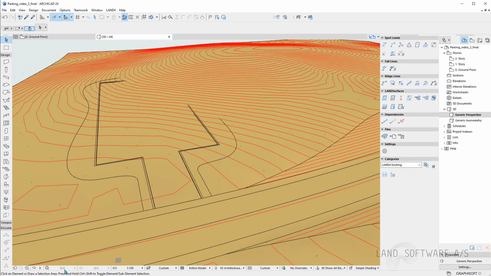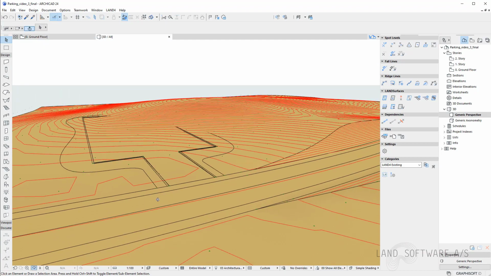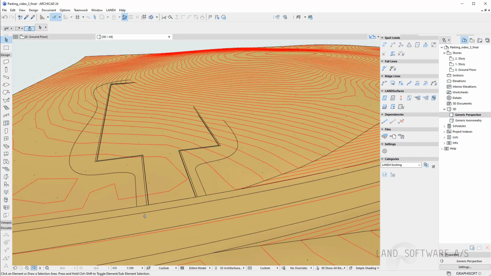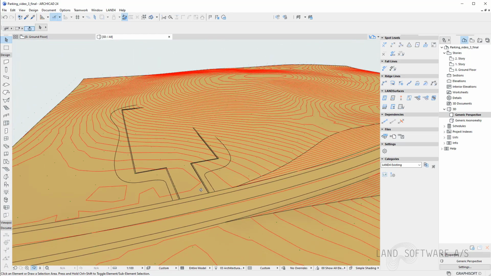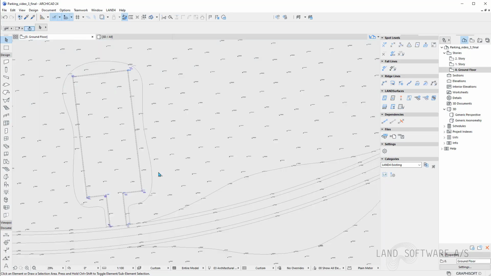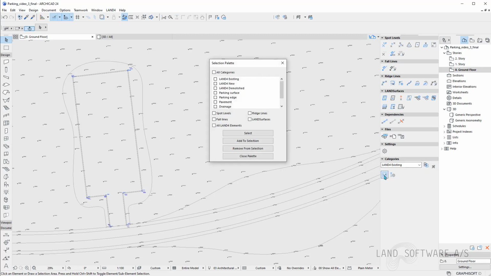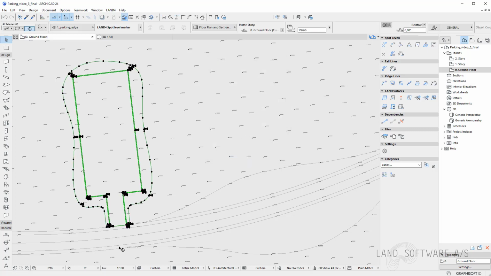And once I'm happy with their position, I can basically reconstruct the surfaces, which is a fast process, and then do again the new terrain. So I can use again the selection palette to select all categories involving the constructed area for the ridge lines and the spot levels.